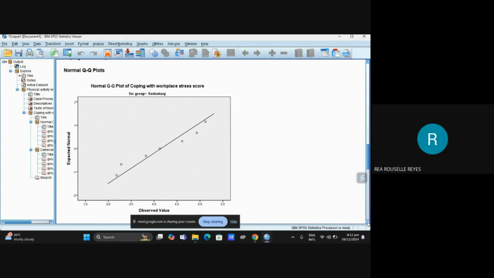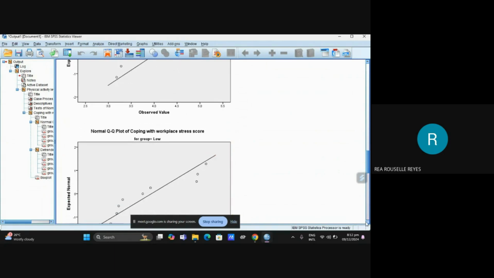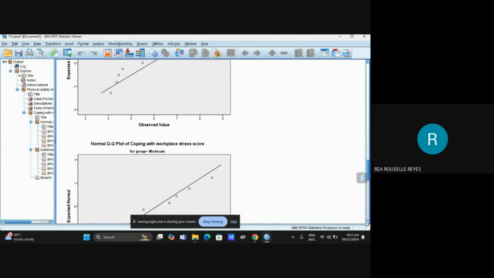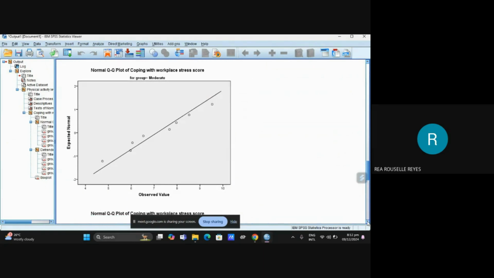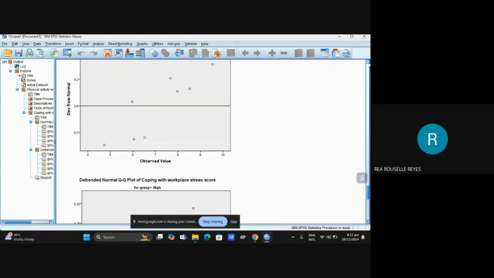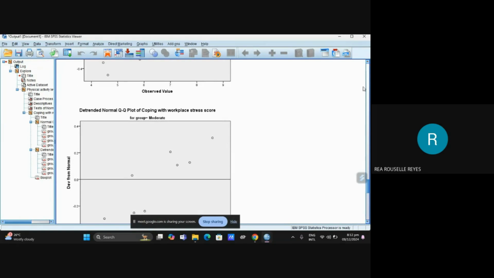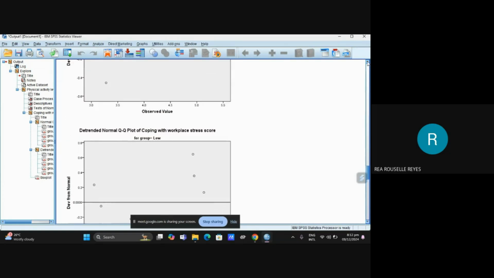And then you can see the normal QQ plot of coping with workplace stress score for group low, and for group moderate, and for group high.